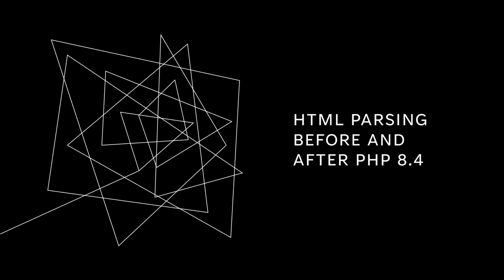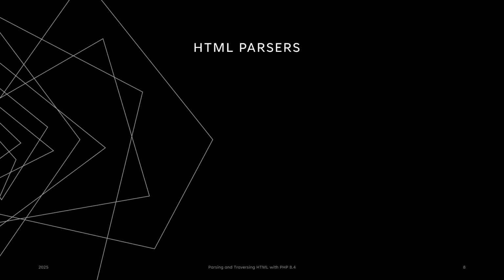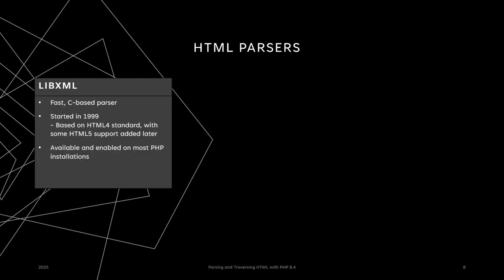So I'm going to look at what the HTML parsing looks like today, but also what's been the common way of parsing. So you have libxml, which is an old C-based fast parser, and if you use DOMDocument in PHP where you parse some HTML, that's what's being used. But it was started in 1999. It's based on the HTML4 standard, which is quite old, and they've added some support for various HTML5 elements, but